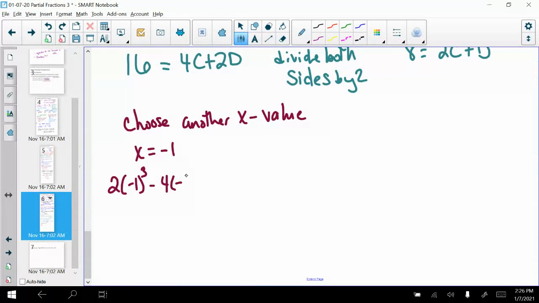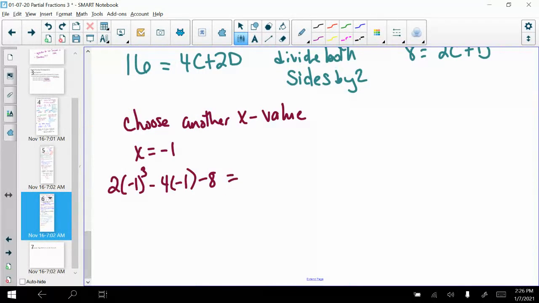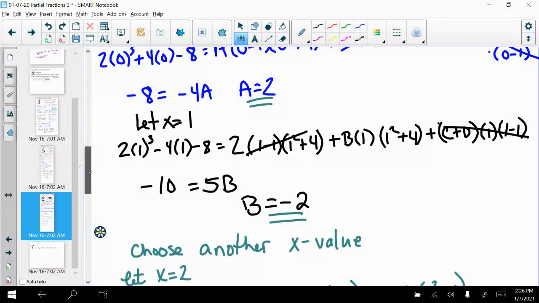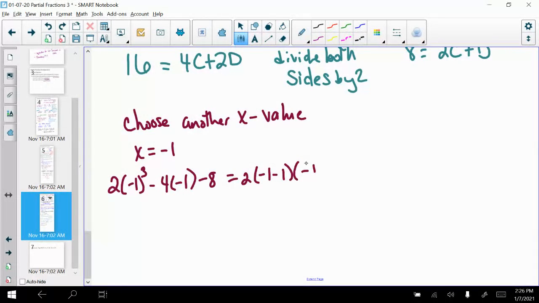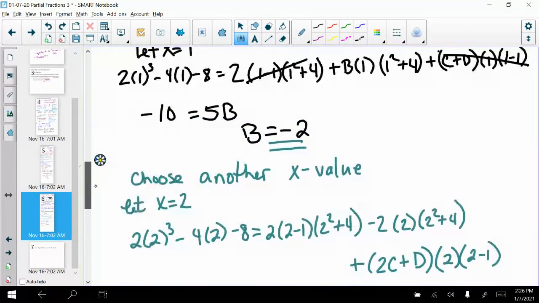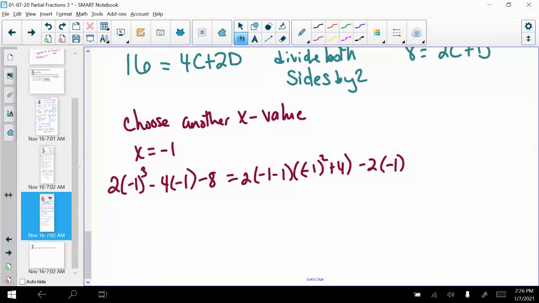So minus 4 times negative 1 minus 8 equals, and then let's see, what else do we have up here? A, so a was 2. 2 times negative 1 minus 1. Oh, sorry for all the scrolling. X squared plus 4. So x squared is negative 1 squared plus 4. And then b was minus 2. And then b is multiplied by, I believe, x, and x squared plus 4. So negative 1, and then negative 1 squared plus 4. And then